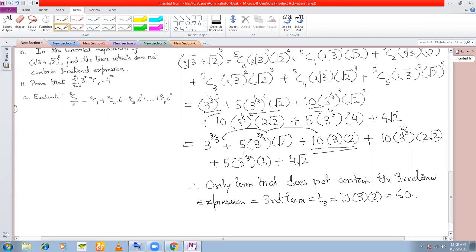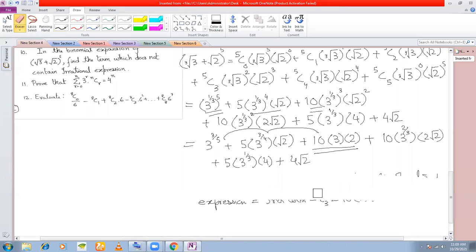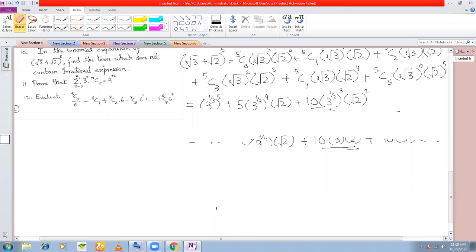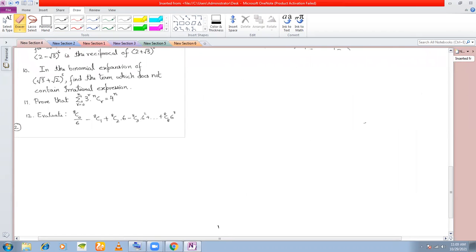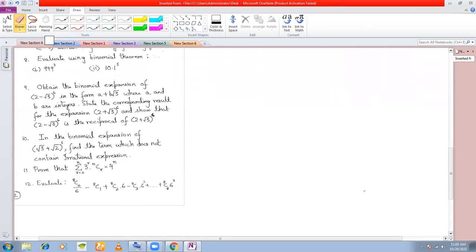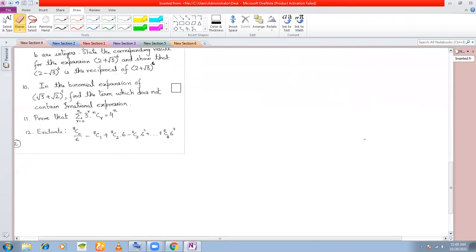Clear with this? Or any question? No, sir, clear. And we'll move on to number 11. Now, number 11 is a little tricky, not a very long problem, but you have to understand a little bit because till now we have been expanding binomials. But what about if the expansion is given and you need to write what the binomial is? Number 11.